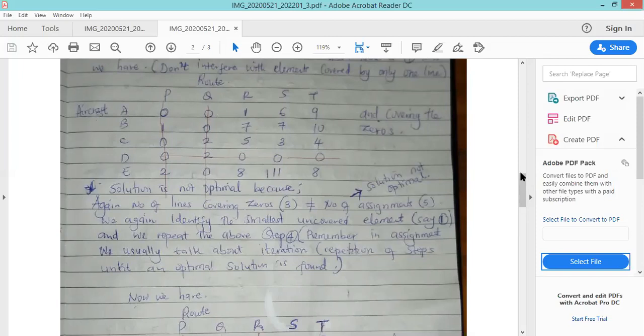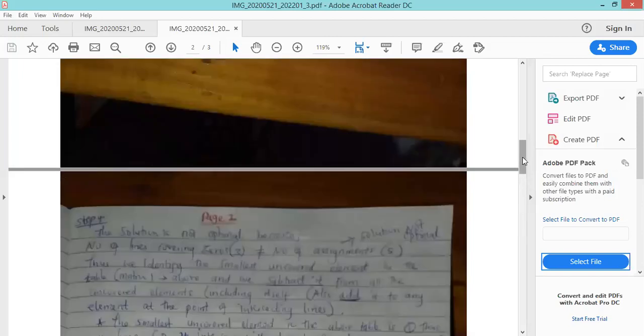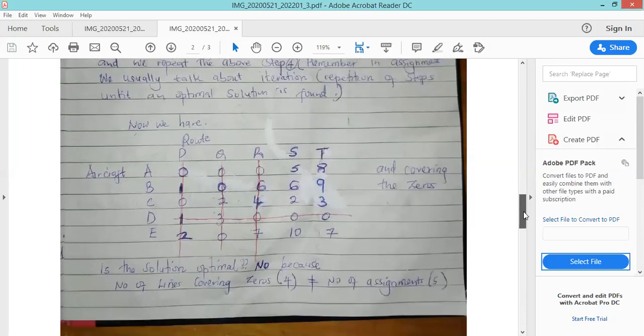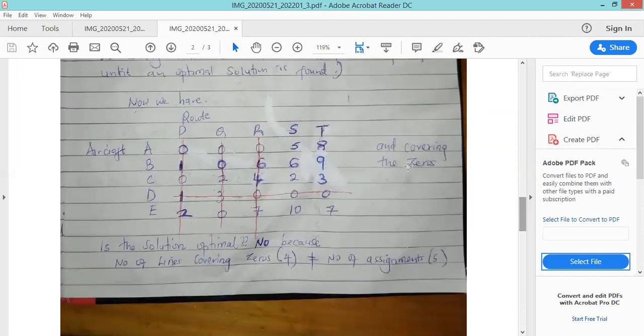And doing the necessary, we arrive at this particular table, which I've shown in this document. So when we have the table now achieved and there are some zeros, we ask, how do we close these zeros, or how do we cover the zeros using some